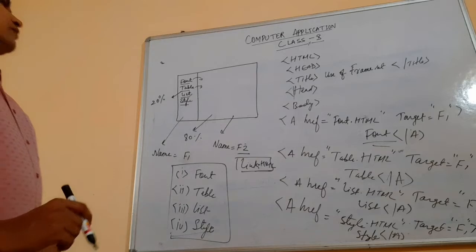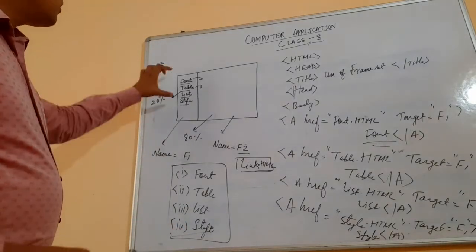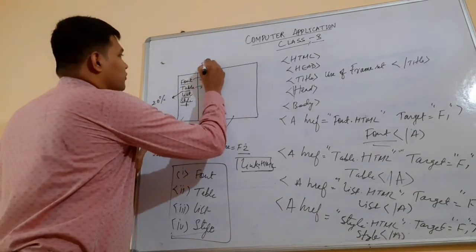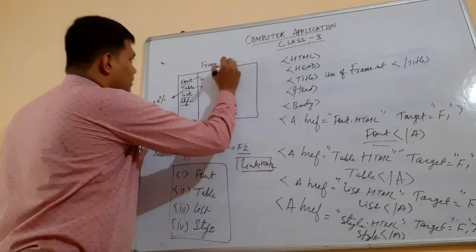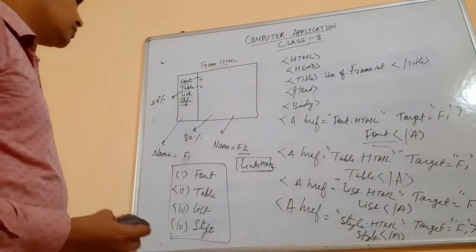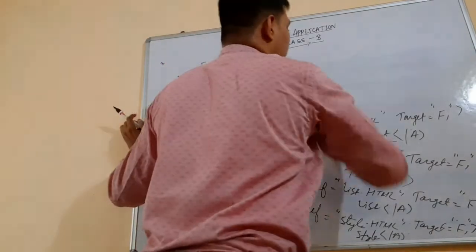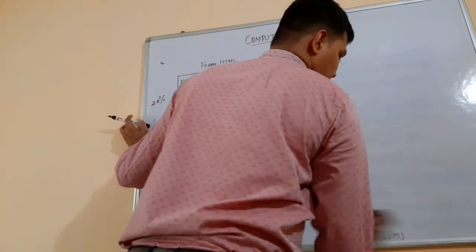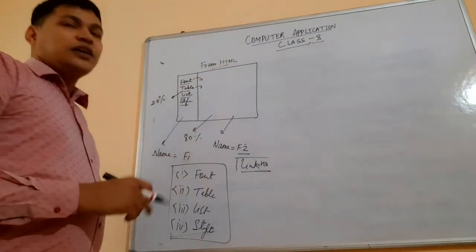Now I have to create another file that contains the information about these two links. The name of this file is frame.html. I'm going to create a frame tag, a frame file. How will it help you? After using these things, I have to create only this. Students, after the creation of all these things, you have to create another file.